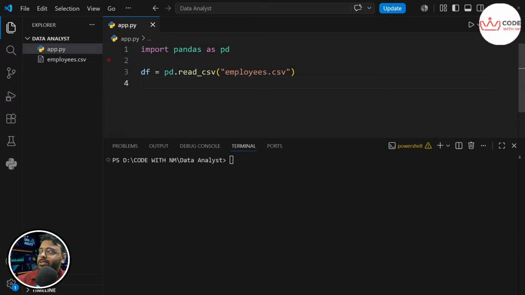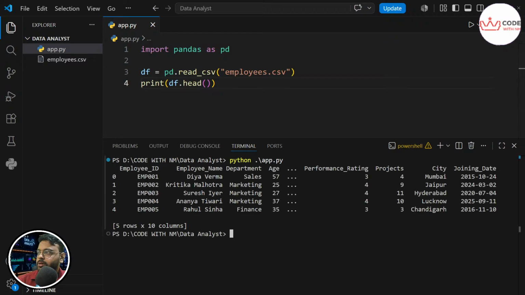So how can we check that we have successfully loaded our employees.csv into our variable df, and that the Excel data has been loaded perfectly? To do it, there is one function called head. I will use that head function here and directly print df.head, and I'll explain what head is, but let's print the head first and see.